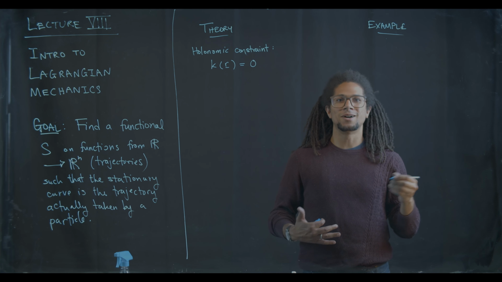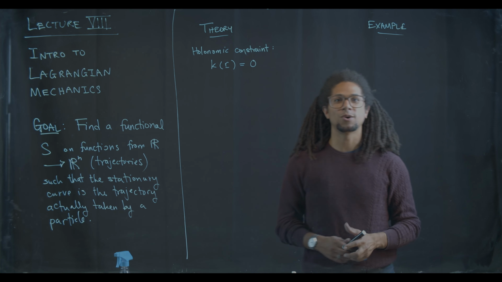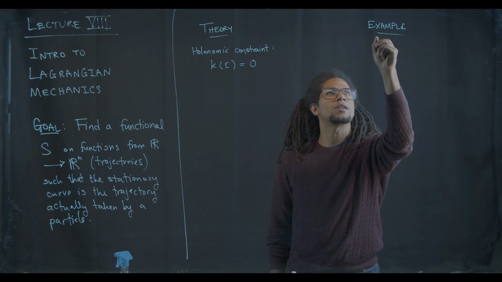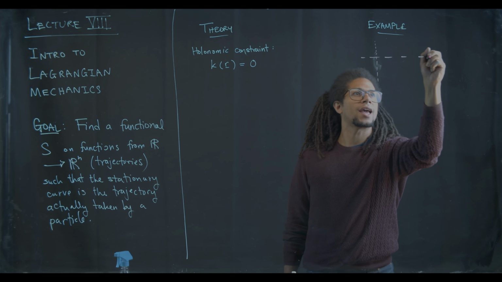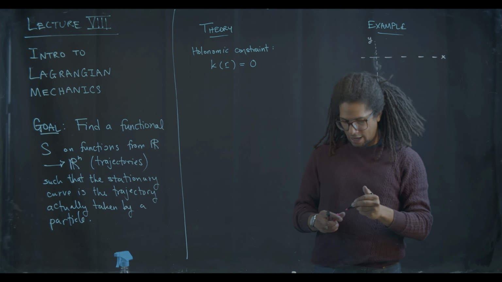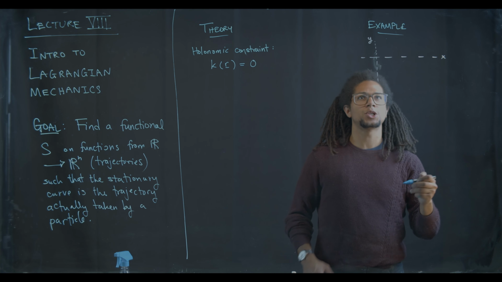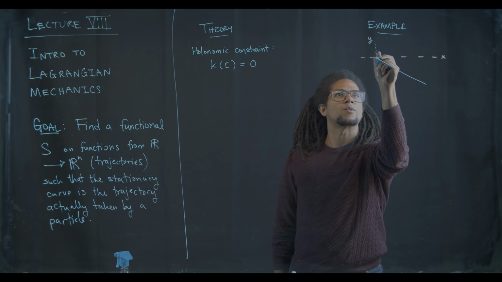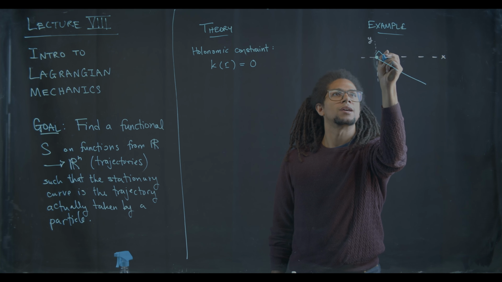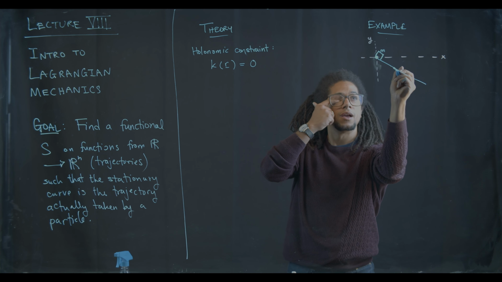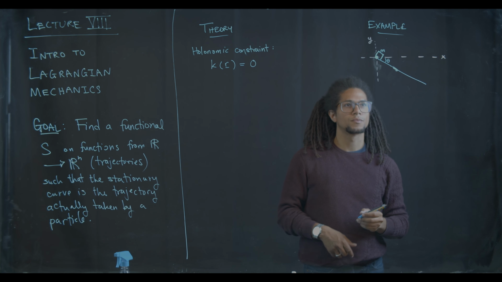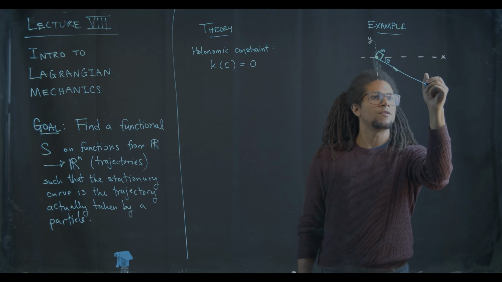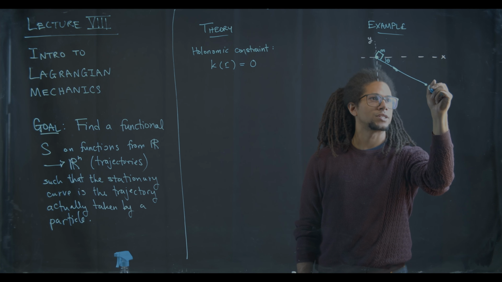We'll do maybe the most textbook example that we can and deal with a particle that's sliding frictionlessly down a ramp. Okay, so here are my x and y axes. And we'll say that the particle starts at the origin and slides down this ramp. So here's my object at time 0. It has mass m. And this ramp forms an angle theta with the horizontal. Okay. Now, if this is the point where I've reached in my trajectory at some time, x, y,